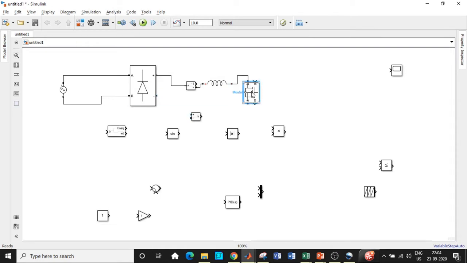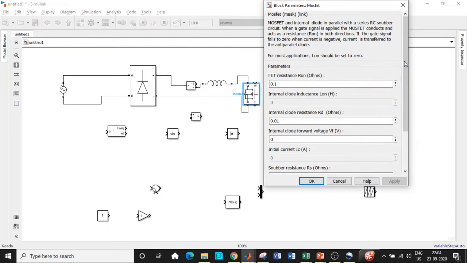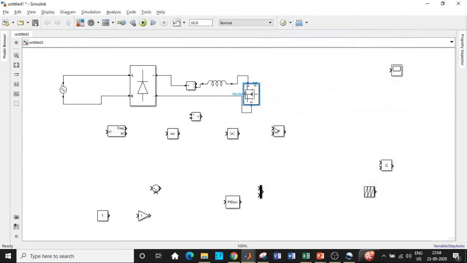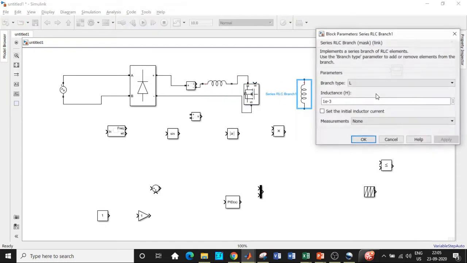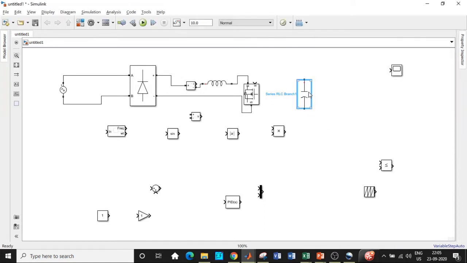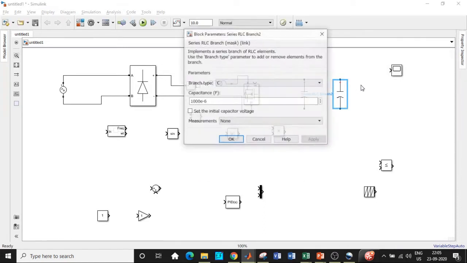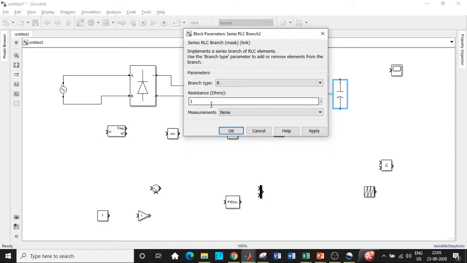Connect it through the switch, and we'll be returning this back to the circuit, and disable the measurement port. We don't need that, just to avoid any confusion with respect to the circuit. Once that is done, we will be requiring a capacitor. So rotate this and choose the value of capacitance to be equal to 1000 microfarad. So enter 1000. Once that is done, we will be requiring a resistive load. So copy paste these again, and choose the value of resistance to be equal to 500 ohms.